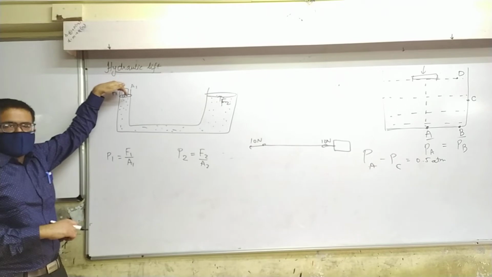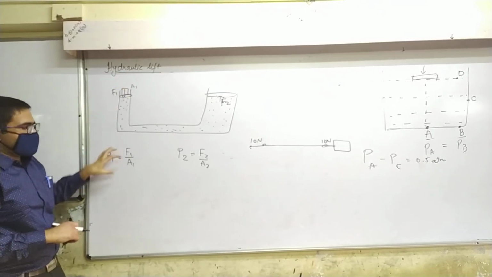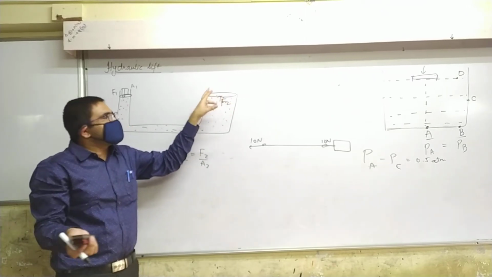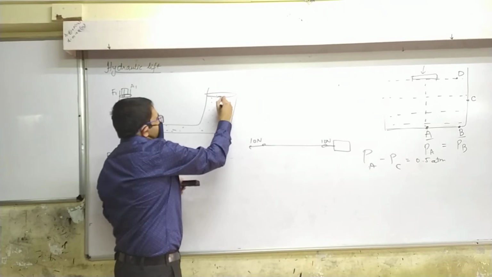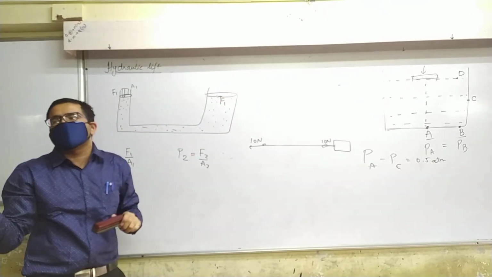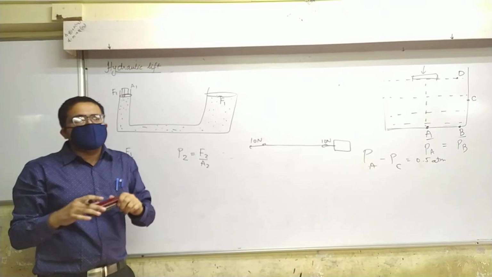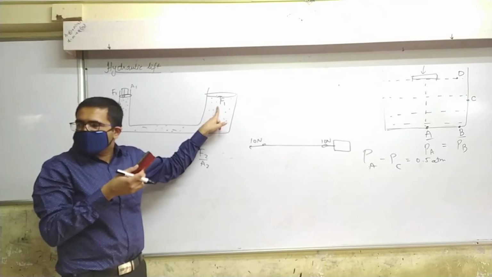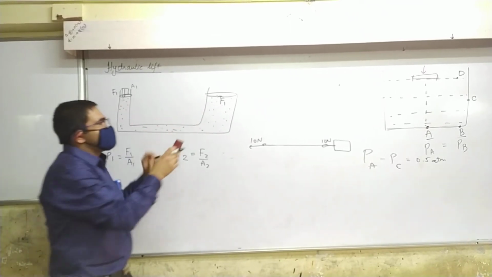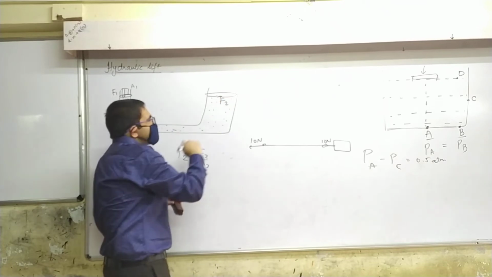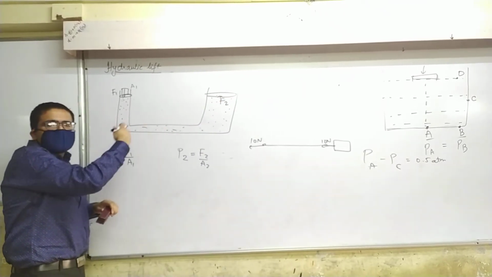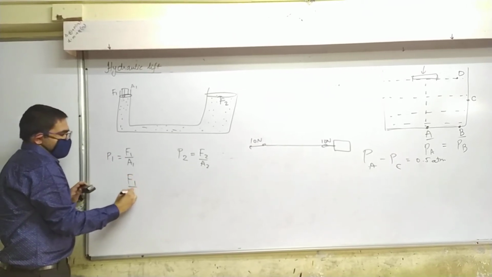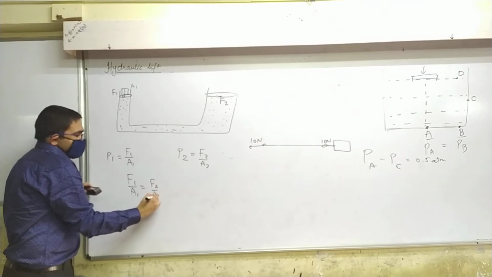Come to this. You are applying a force F1 by putting some object, so there is a pressure. Now the fluid transmits that pressure here, so it will apply a force. But that force is not going to be F1. That's the difference between solids and fluids. Fluids transmit pressure, they don't transmit force. Here it's F1, agree, but here it will be some other force F2. So what will be the same quantity on both sides? Pressure. So by Pascal's law we have F1 by A1 is equal to F2 by A2.